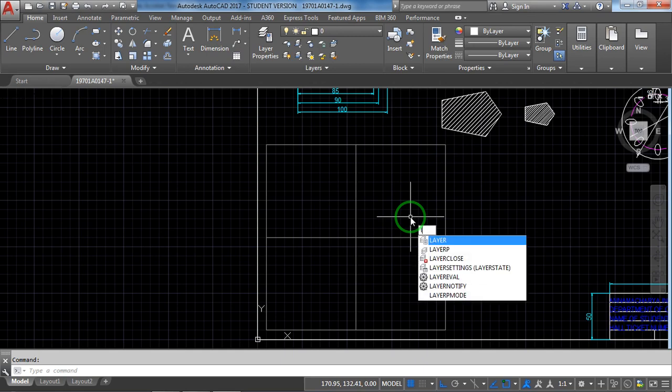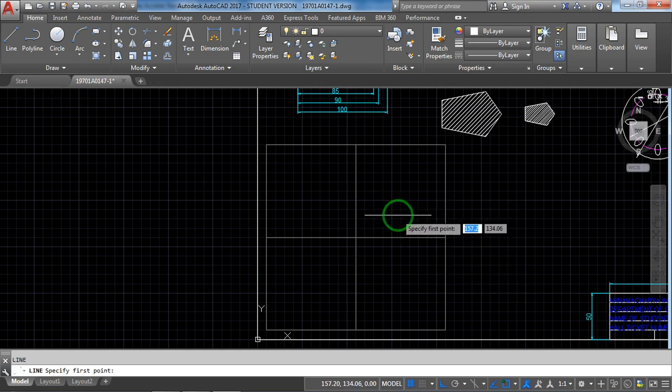See, same, line, L, enter. Now with the absolute coordinate, if you give any point, it starts from 0,0. With @ we don't know how to do that at this particular location. Now what you can do is take your mouse and come to this middle point, right, such that you identify a green mark, the middle point in the triangle shape. Now here you have to use relative coordinate, use @ 10,10, enter.